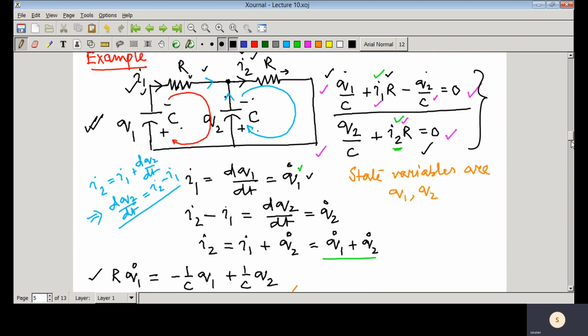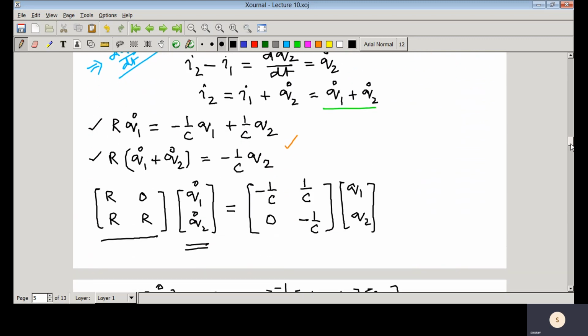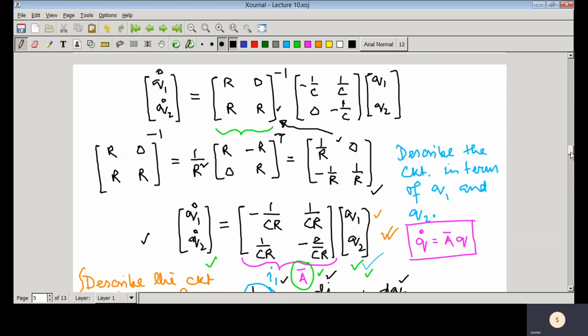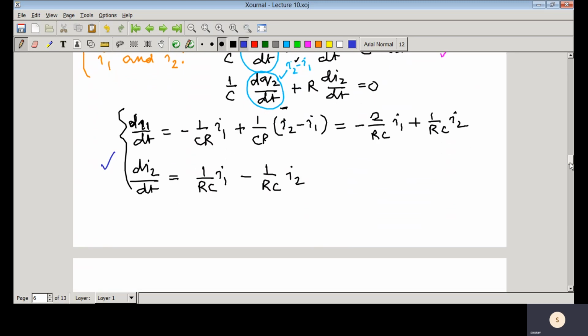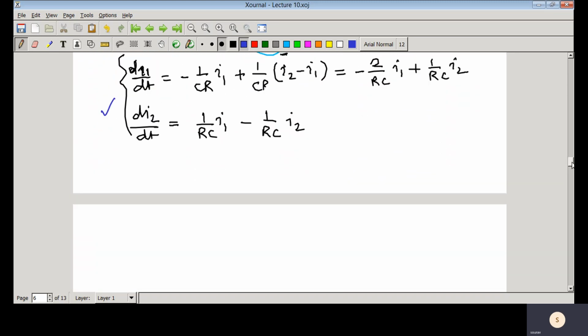This is a simple circuit, and we have derived that state space model just by considering charges of that capacitors, and then we started solving that problem considering currents, and we have derived these two first order differential equations. Now if we write those two differential equations in matrix form, we will get I1 dot, I2 dot,